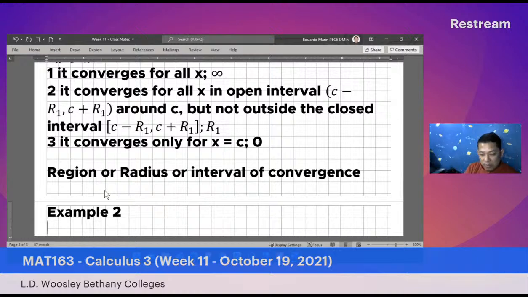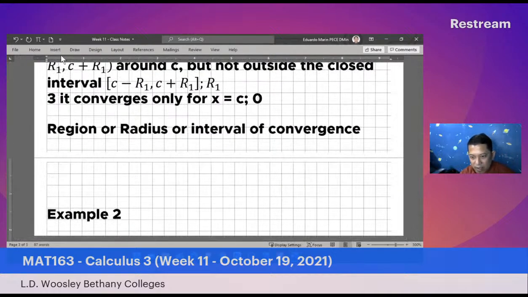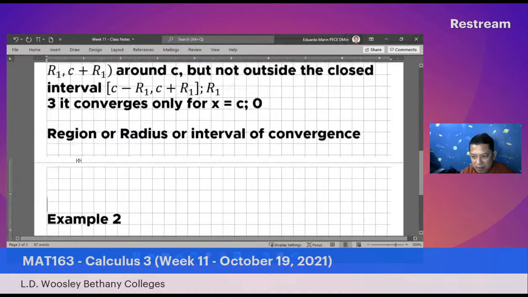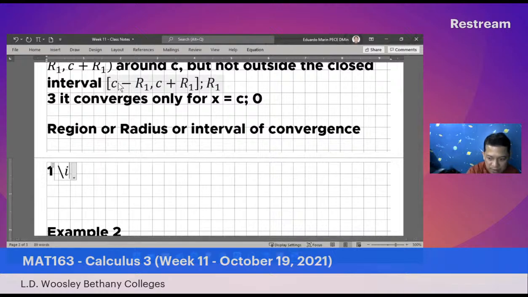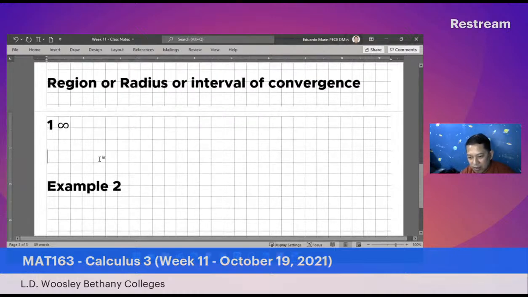Ano yung saklaw niyan? It could be either infinity on both sides, positive and negative. It could be a certain value R, or it could be 0. Ibig sabihin, kung i-graph mo yan, ang infinity, eto, may drawing, pwede pala mag-drawing. Okay, magdo-drawing tayo. Yung case number 1, pwede nating i-drawing yan. Since at infinity siya, anong drawing yan? Ang drawing ng ganito, it will correspond to the